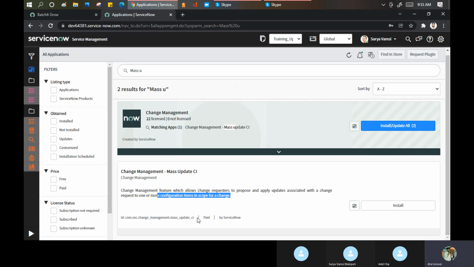This is the actual plugin name, com.snc.change_management, and this is given by ServiceNow. Like when you install WhatsApp, it says by Meta, which means the application has been developed by Meta.